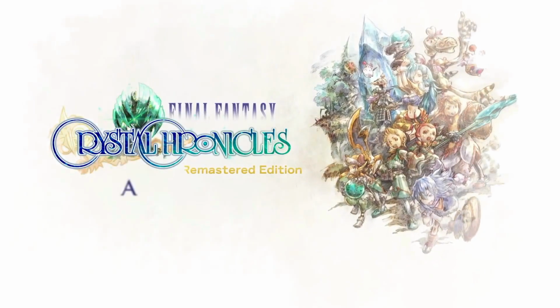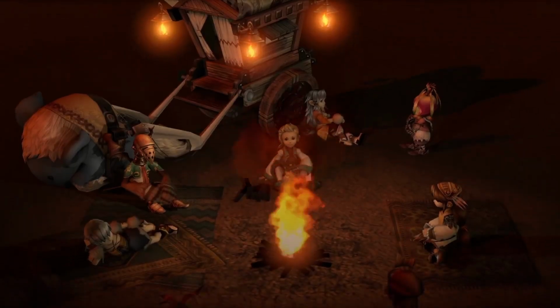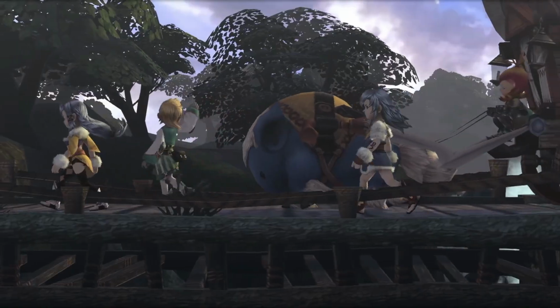Final Fantasy Crystal Chronicles Remastered Edition is a massive upgrade compared to the original release on GameCube nearly 2 decades ago. Wow. You know, it doesn't seem like that long, but okay, time. So the main takeaway from this game essentially is the fact that it's largely non-linear, meaning with the exception of a few quests the player must go through in order, it's really up to you to decide where you go